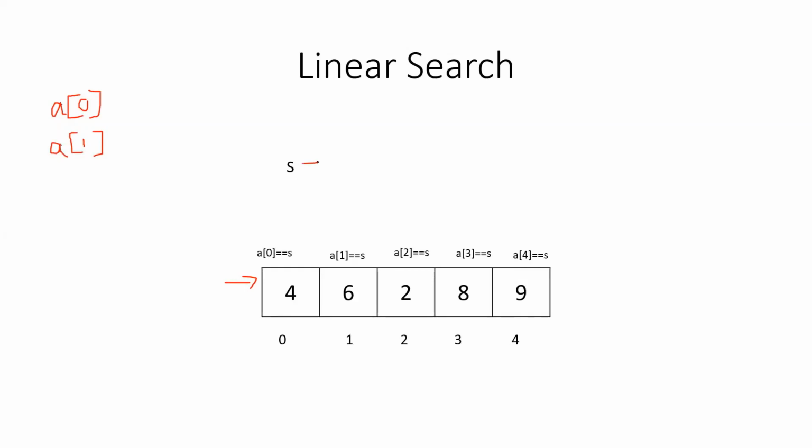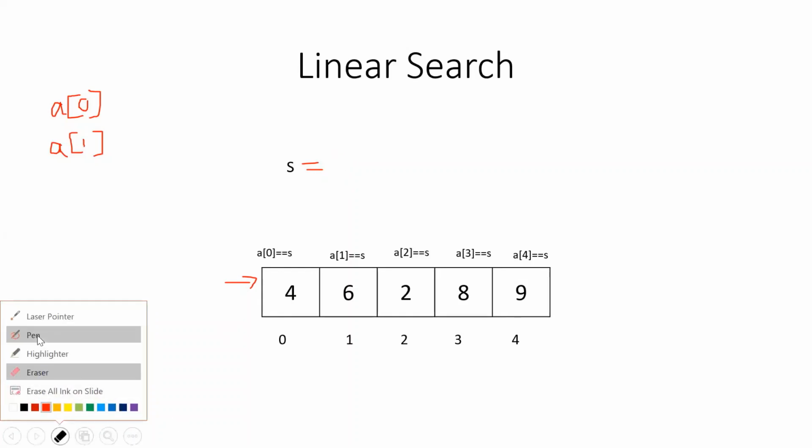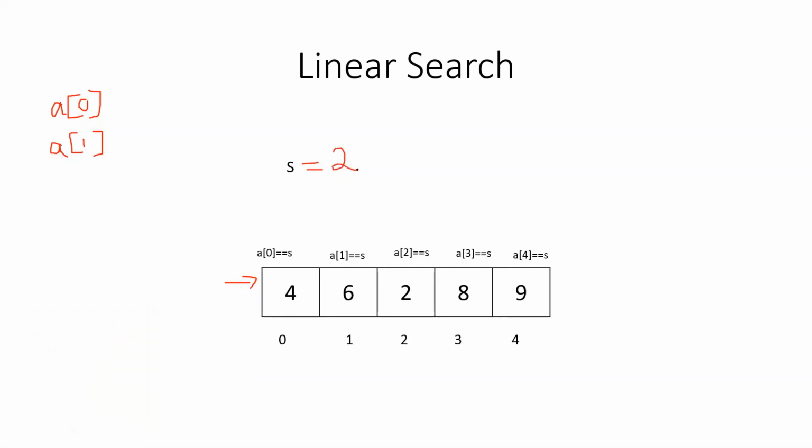Now, how do we compare the two elements? Suppose the search element I have given is 2. S is the variable which I am using to get the search element. Suppose the user, while running the program, searches for the element 2 and returns the position. How will I compare the element in a particular position and check? We were manually doing it like 4 is equal to 2. With the array variable, I want to generalize the program so that I can use it for all the different values when the user enters the array.